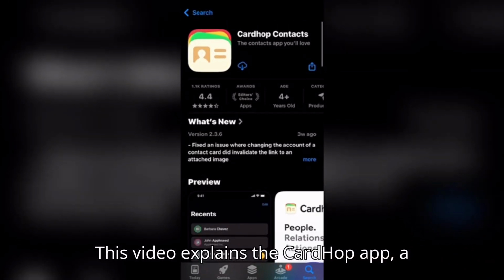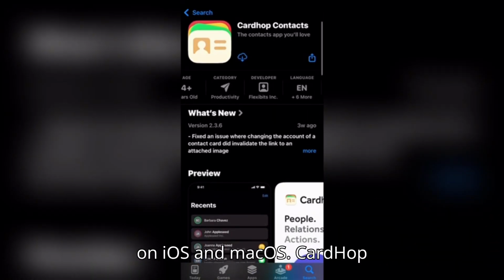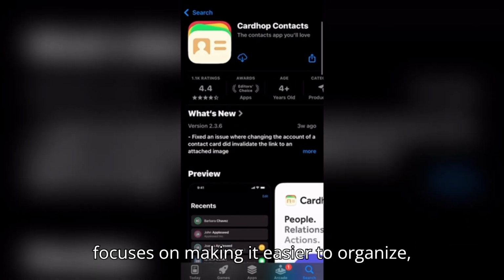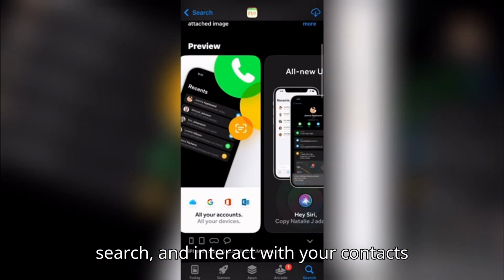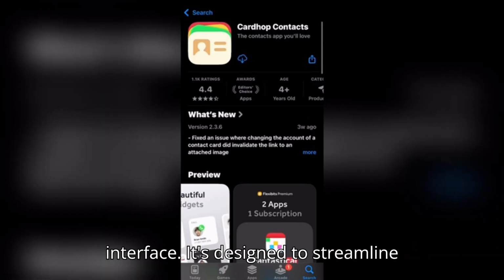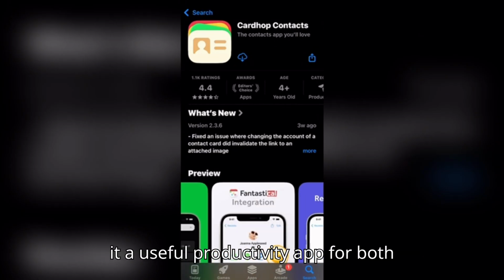This video explains the Cardhop app, a smart contact management tool available on iOS and macOS. Cardhop focuses on making it easier to organize, search, and interact with your contacts using natural language input and a clean interface. It's designed to streamline how users handle contact details, making it a useful productivity app for both personal